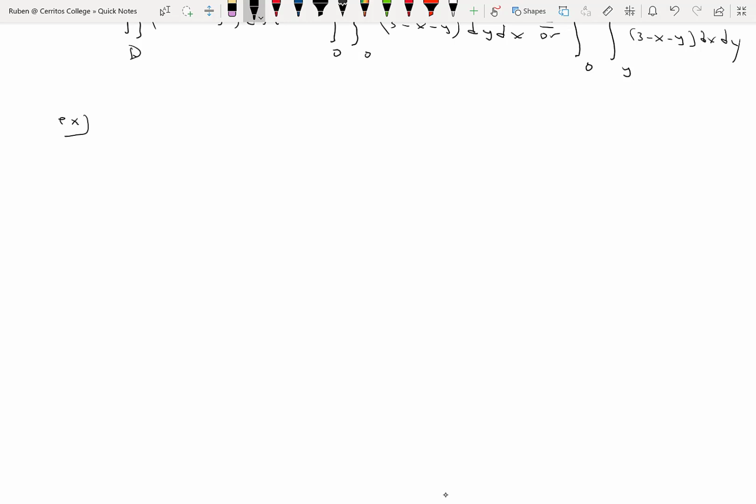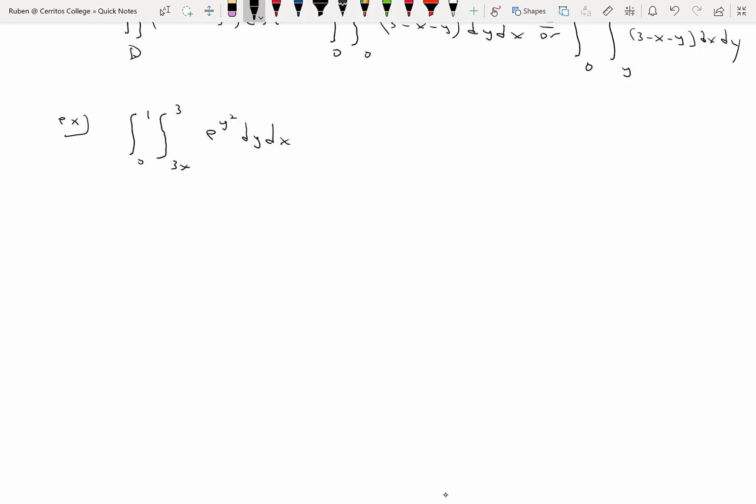I want to evaluate an iterated integral. And the iterated integral looks like this. It's the integral from 0 to 1, preceded by an integral from 3x to 3 of e to the y squared, first with respect to y, and then with respect to x. Okay? Now, if I wanted to evaluate this,